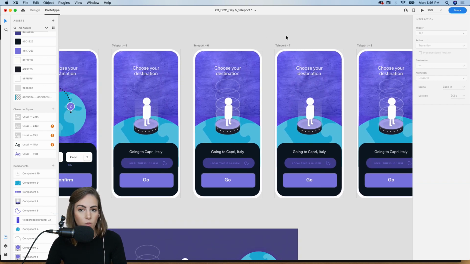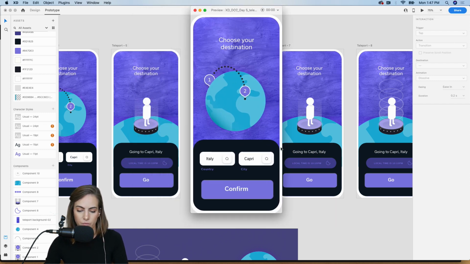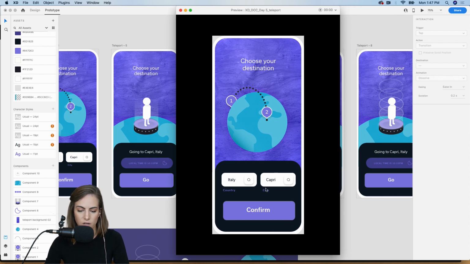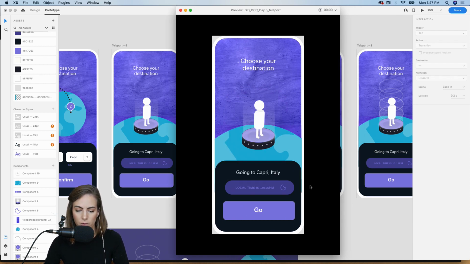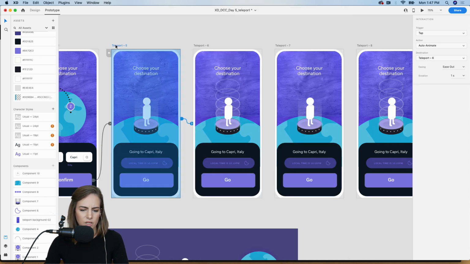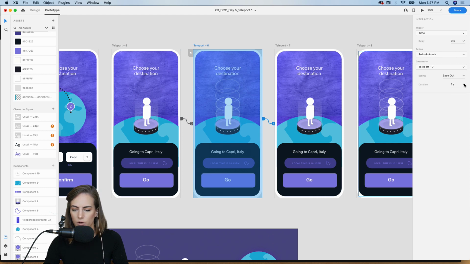Okay, so now when we press the play button, it should go up and down a few times. So let's go ahead and press it. Make this a little bigger so we can see, or so it's not too distracting. All right, so we press confirm, and okay, we're going to Capri, let's go. So it's going up and down. Looks good. Okay, it's a little slow though, so I might make this a little faster. Let's do 0.8 seconds. I think that'll look a little better.